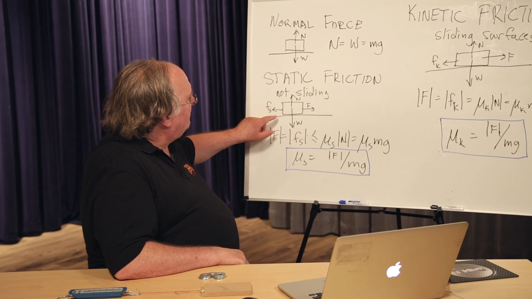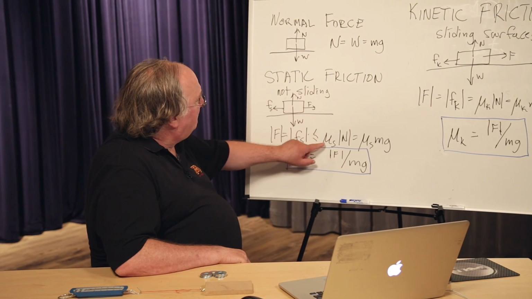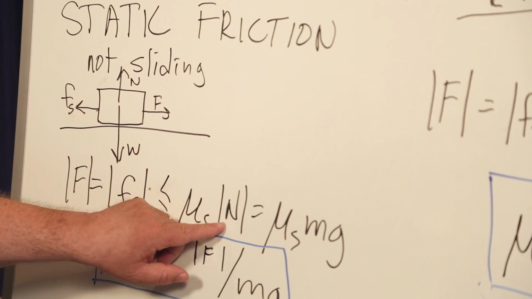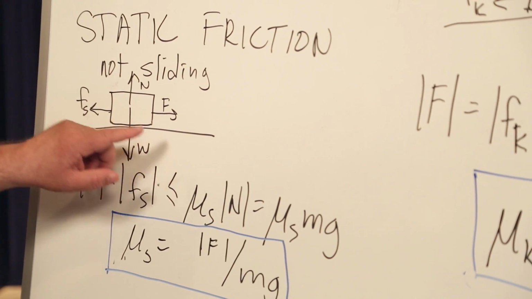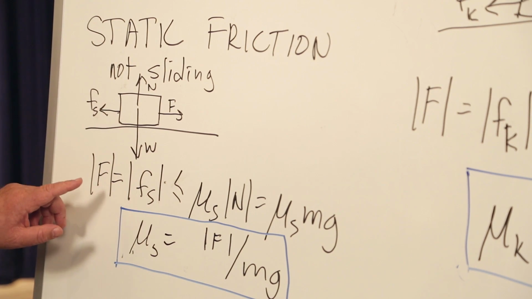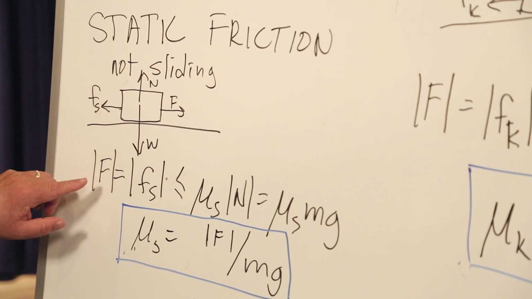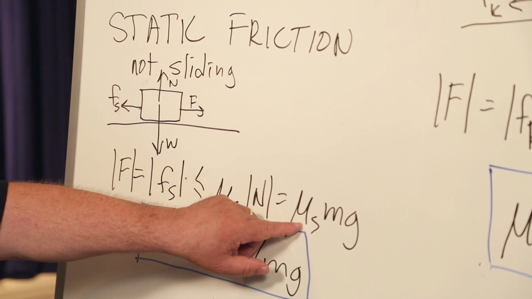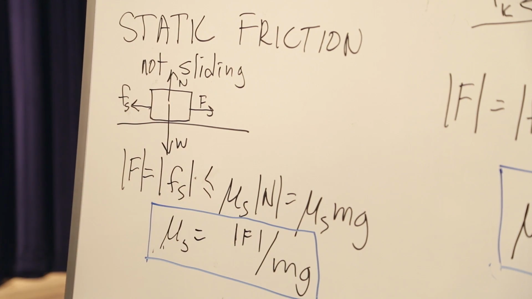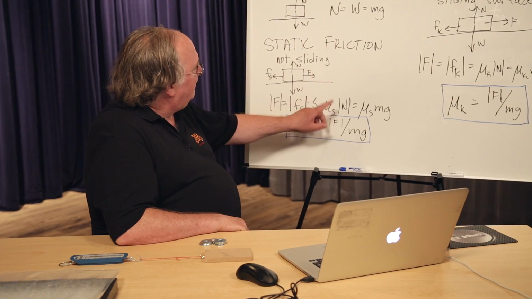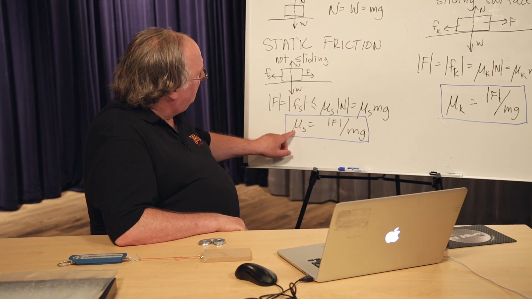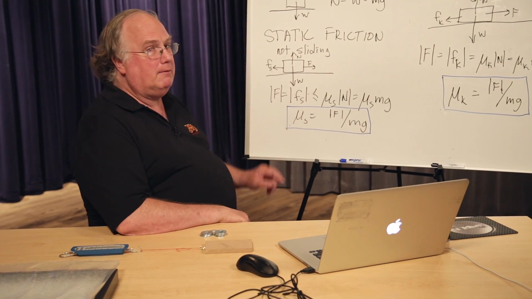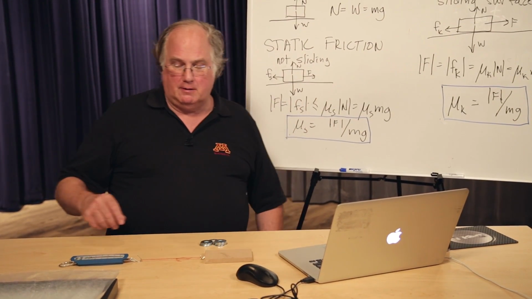The static friction force has an upper limit, which is given by this expression, mu s times n. N is balanced by the weight, which is mg. So we wind up saying that if this thing does not move, the force we put on it, the force we measure, is going to be equal to mu s times mg right when it starts to break. If we invert that, we find out we can measure mu s by just taking the force divided by mg. That will give us mu s. So that's what we're going to do here.